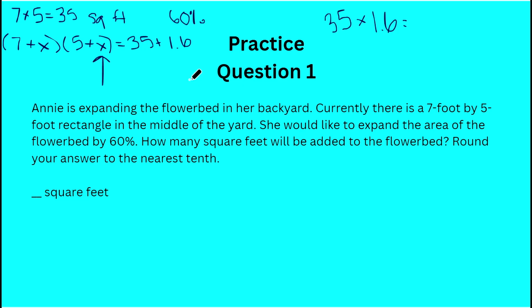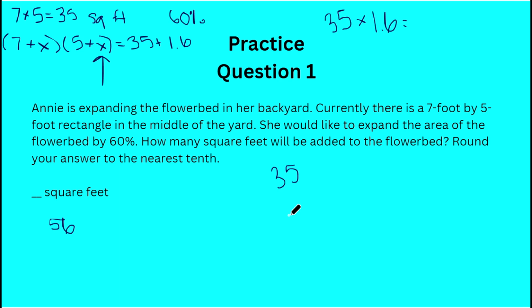So 35 times 1.6 is 56 square feet. Your answer is going to be 56 square feet. Okay, and this is reasonable because let's stop and think. If you don't care about this being reasonable, you don't have to listen to this. But if we have 35 square feet originally, half of this, okay, because we're dealing with 60%, half of 35,